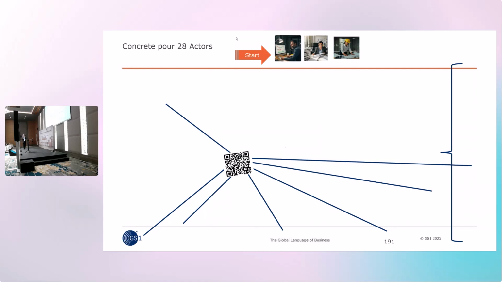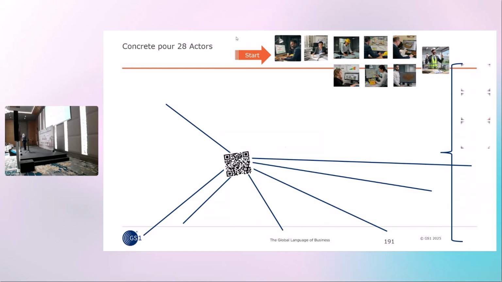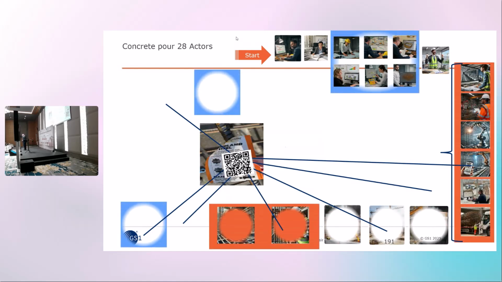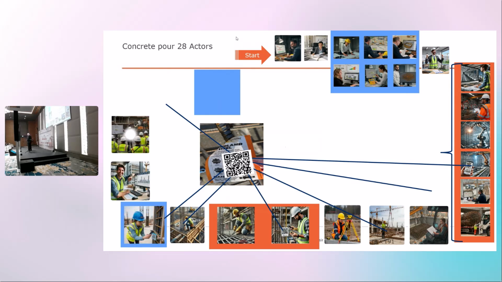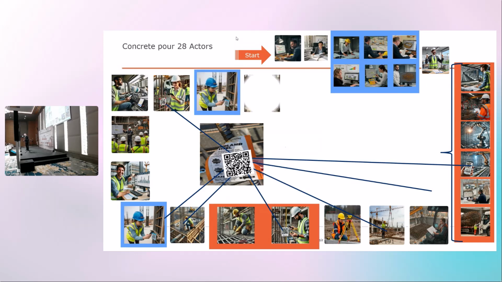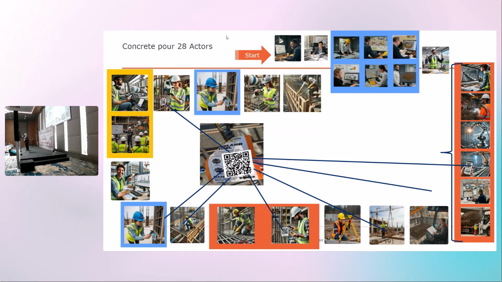Through QR codes. As you can see in this diagram, all these actors, and there's 28 of them as I click through, get the information from the QR code that was originally put on the rebar cage. Why? Because that has to be tracked all the way through. Because if that's not fabricated properly, then the buildings fall down. That's not acceptable. So everything on that screen is actually tracked all the way through. And why? In that whole scenario of 28 people, not one piece of paper is used. Not one.